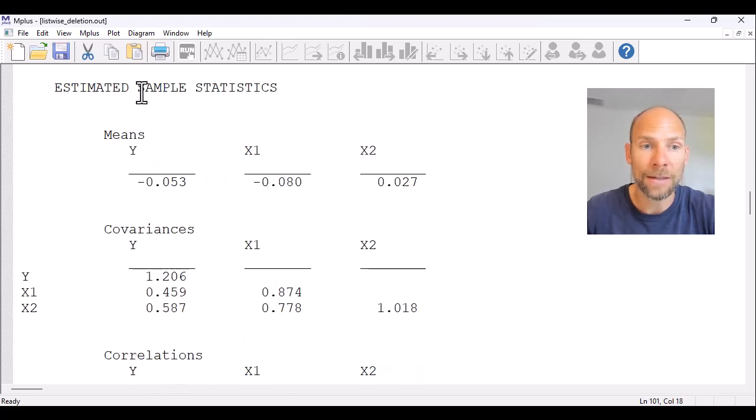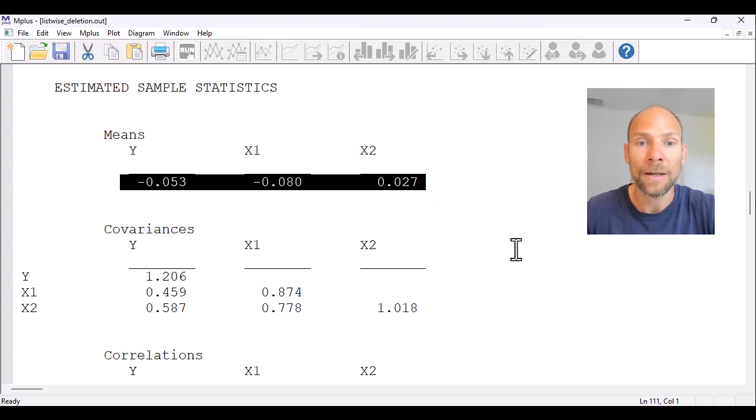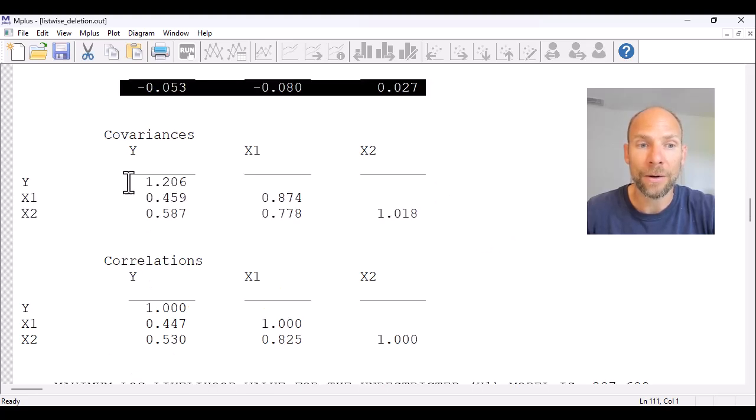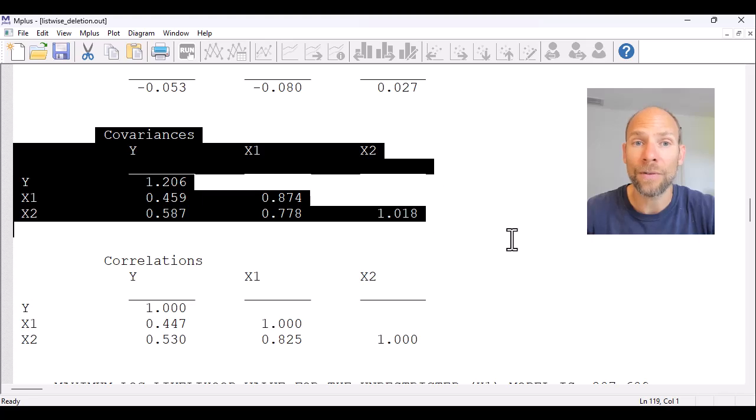So when we go to the estimated sample statistics, we get the means of the variables first and then the covariances. And that's the actual covariance matrix that was estimated by Mplus using full information maximum likelihood estimation with missing data, and is therefore taking advantage of all available data points, so even the ones that have some missing data. Full information maximum likelihood allows us to include all available data, which is convenient, and it's based on the assumption